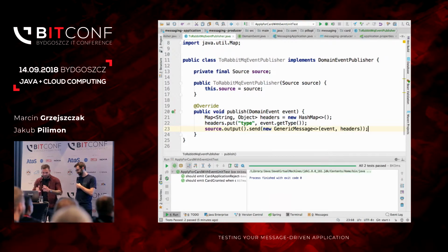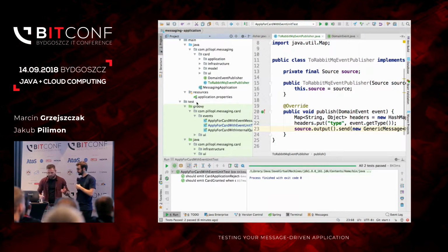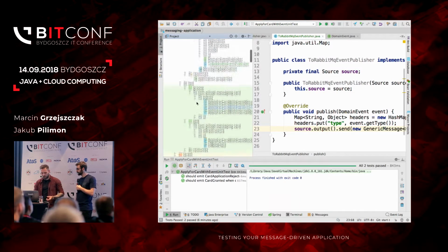All right, so this is it. I think this code will send messages to Rabbit. But we have to test it, right? We have to write this integration test. Okay, let's do it. You guys are full stack. Yeah, of course. That means you use different testing frameworks for different things. So you also have, alongside Spock, JUnit, right?